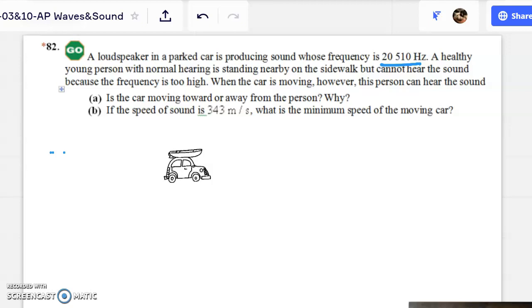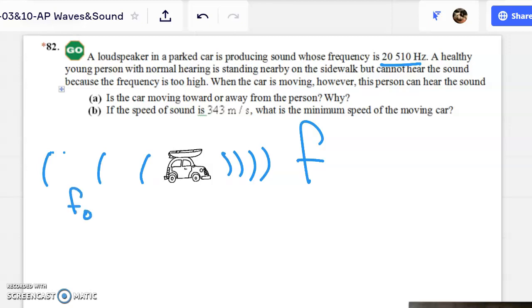Well, if it's moving toward, the picture is going to look like that with this real short wavelength with this real high frequency, higher than it's even supposed to be. You're never going to hear that. This is higher than too high. It's higher than 20,510. You're never going to hear that. But in the back, yeah, maybe you could hear that if it's moving fast enough. Here, the frequency is small enough. And we're going to say maybe this observed frequency is down to 20,000 hertz. And if that's the case, then you'd at least have a chance of hearing it. A lot of people can't, but at least you'd have a chance. Okay, so now,